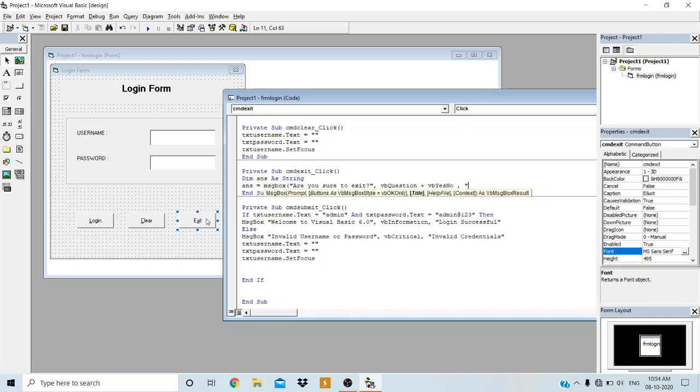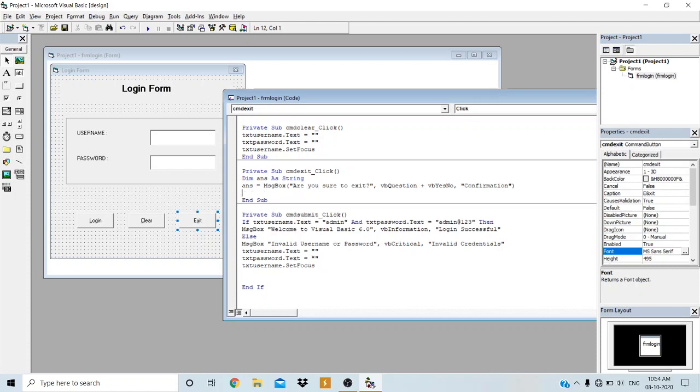I will change the title of the message box as Confirmation. Okay, now you have to close the parenthesis. Fine. Now, what does this variable ans hold?